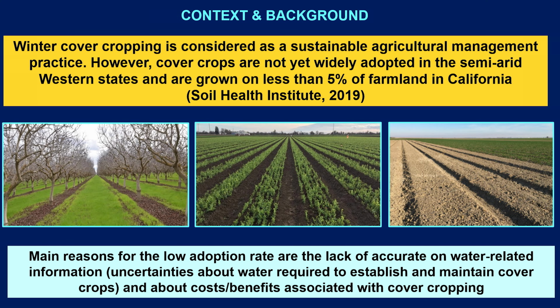Anyway, it appears that by 2019, the Soil Health Institute estimated the level of adoption of winter cover cropping, and it was less than 5% of the western cropland in California. I would say that, talking with a lot of growers, the main question is the lack of accurate information on the water-related implications of cover crops. So how much does it take to establish and maintain, and what are actually the cost and benefit of winter cover